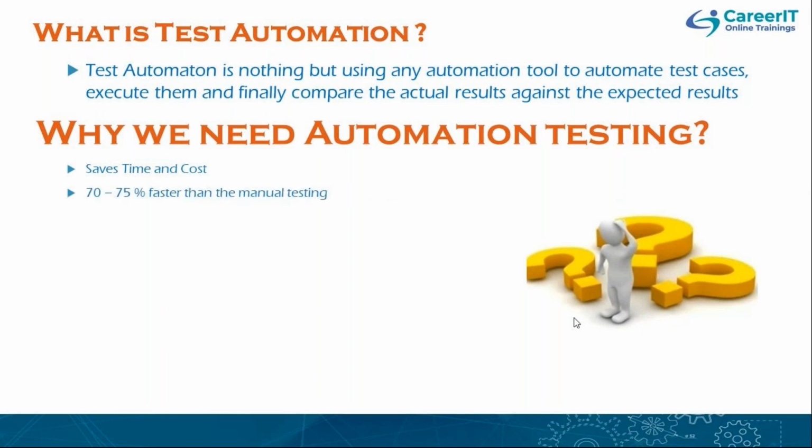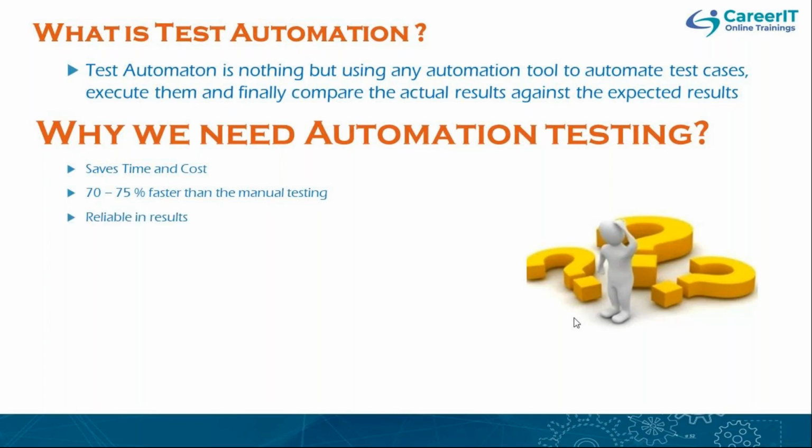And next thing is, it is obviously faster than manual testing, because in case of manual testing, we sit in front of the machine and perform the actions and then validate. But in case of automation testing, once we trigger it, we leave the machine, and test cases get executed on different machines and in parallel, and it is faster than manual testing.